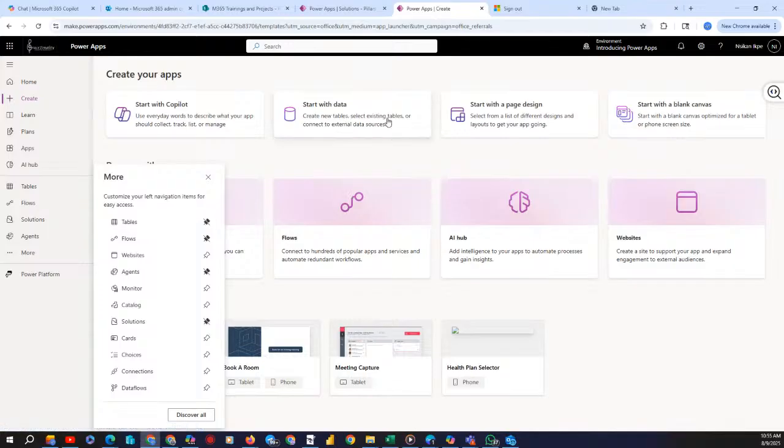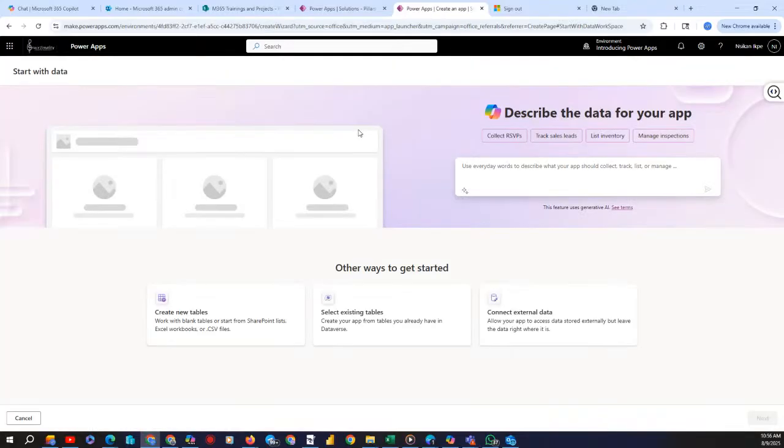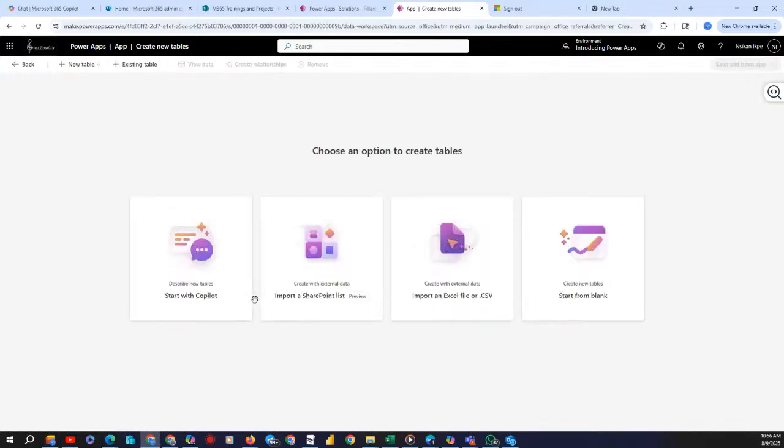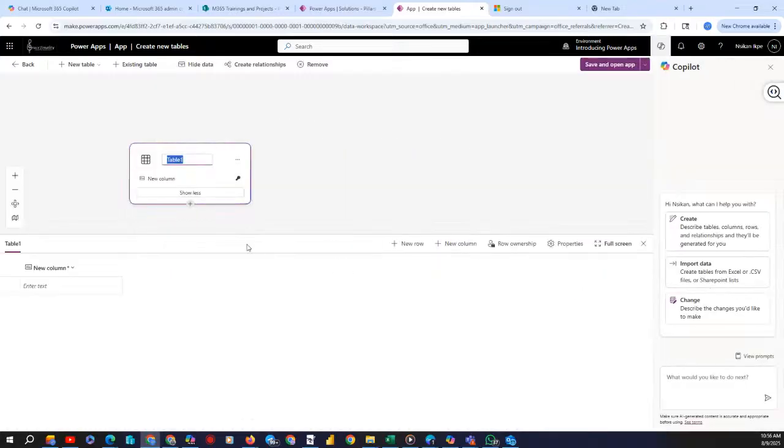So for instance, you can just say, okay, start with data, and then you're asking what kind of data you want. You have the opportunity to create a table here. Once you create a table here, it goes to the database. It's stored at the database, right? You can always pull it up and make use of it. So let's say create a new table, start from blank. I want to create a table from blank, right? So my table name is